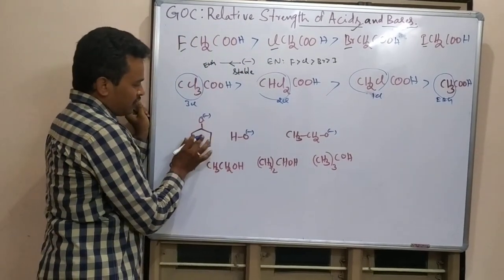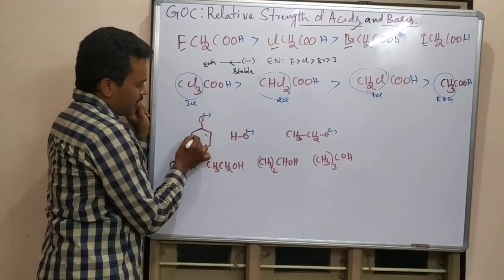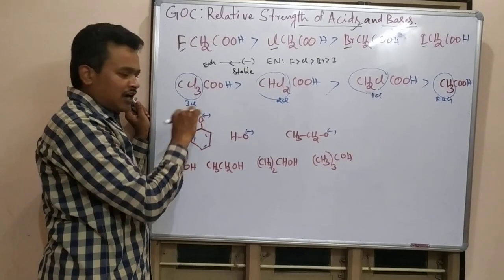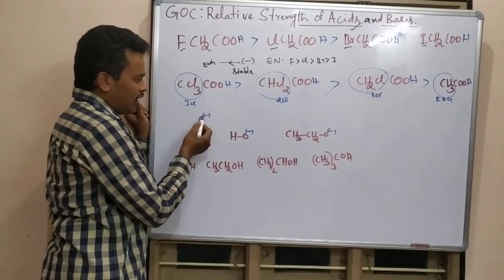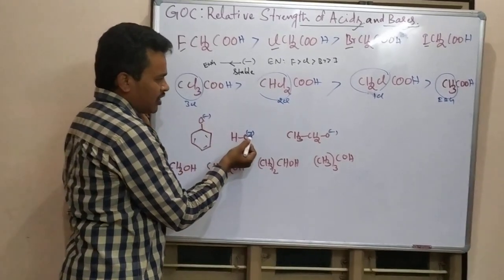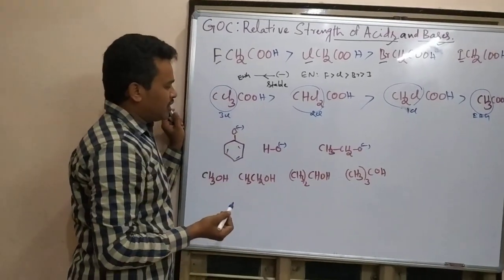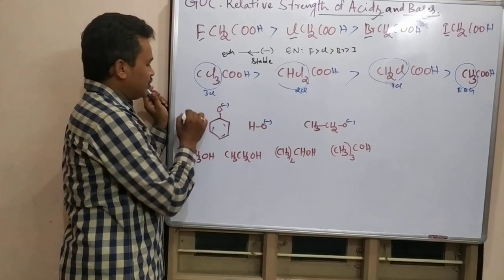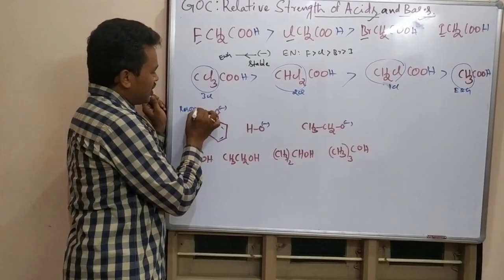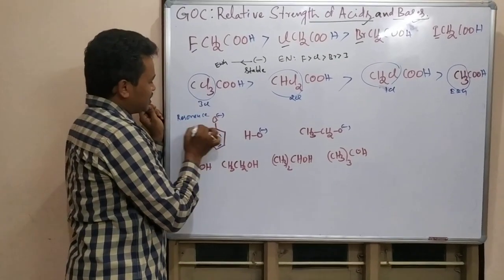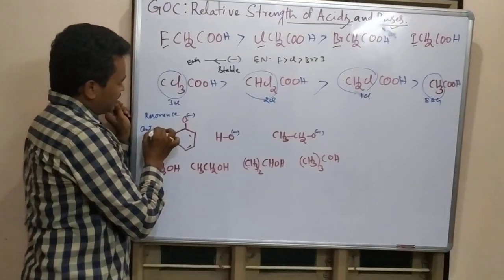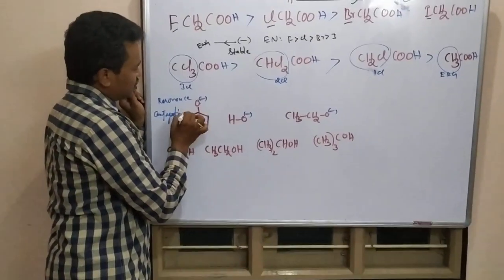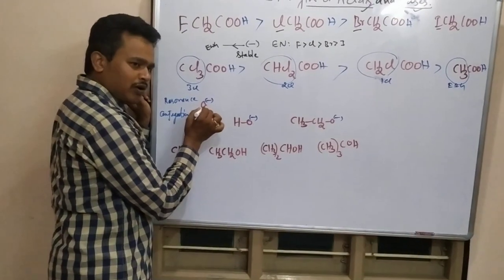See, this is a phenol. Inside phenol, what will be there? The circle means 3 double bonds are there. So it will be an oxide, this oxide, this oxide. Which can be more stable? This phenoxide can be stable due to what? Due to resonance. There is a conjugation here. So this is more stable.